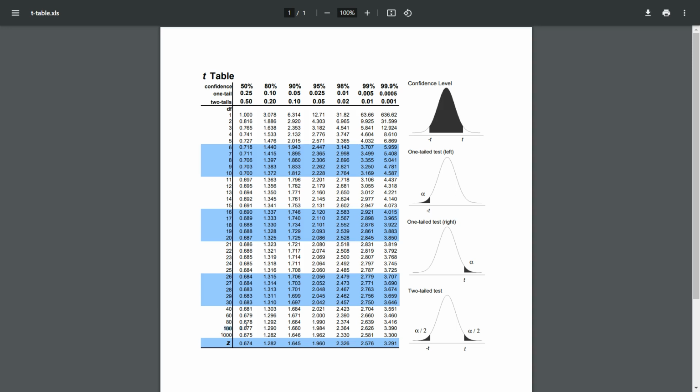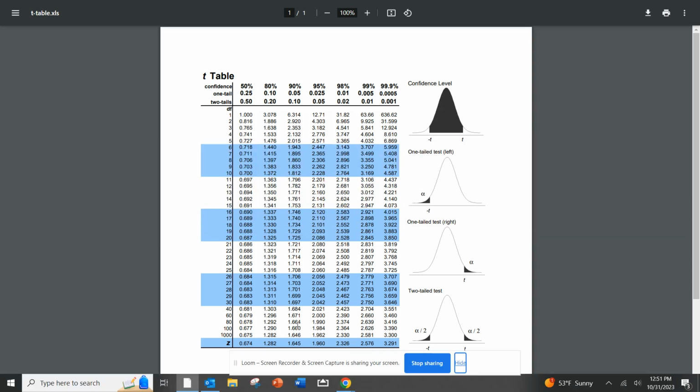So 100 degrees of freedom is this row. It told me we were 90% confident, so go up here. Ignore the one-tail, two-tail stuff. This is baby stats, so we don't care about the difference. So at 90% and 100 degrees of freedom,